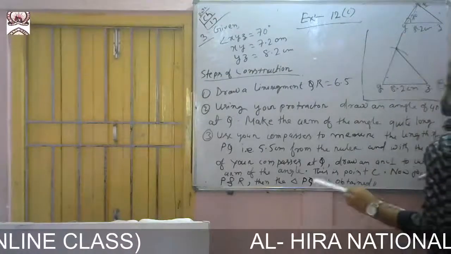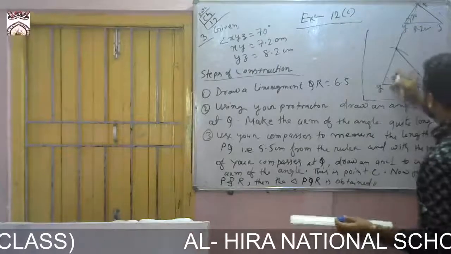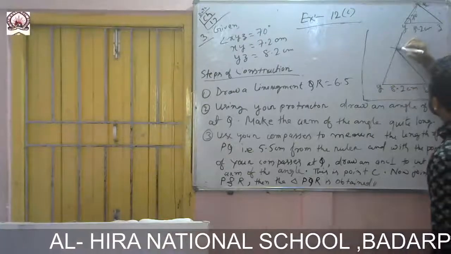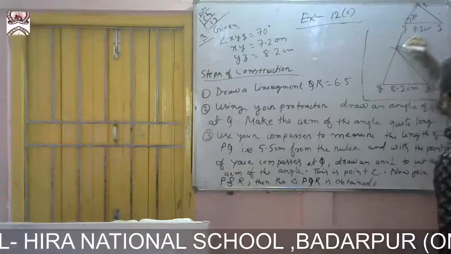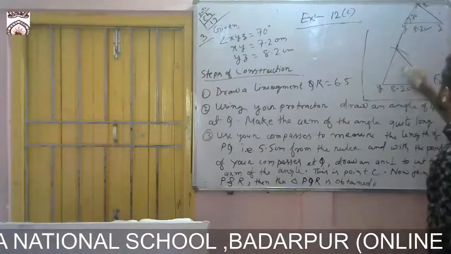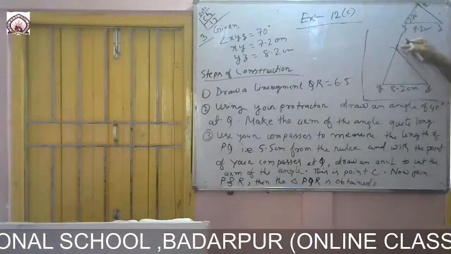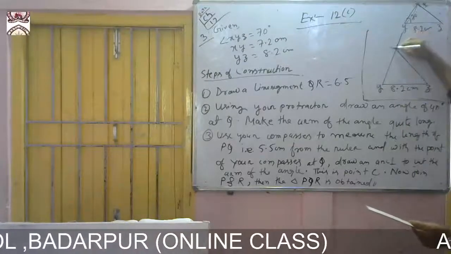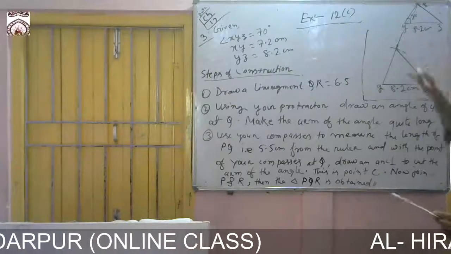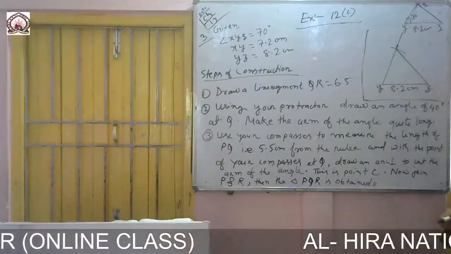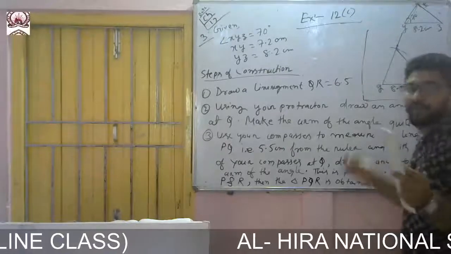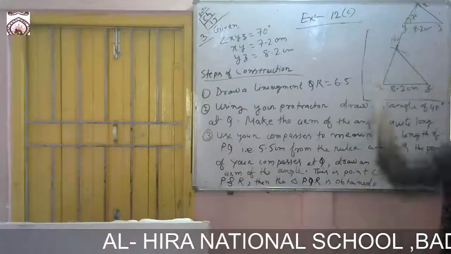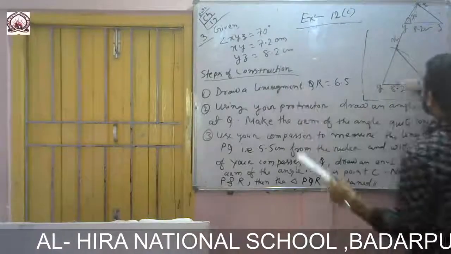Okay, so this one, actually this point is here somewhere. You see this point of intersection and this point may not match. The point may come here and this intersection may go up and down. This may match or may not match. So for X, for XY how much? 7.2 we have drawn.